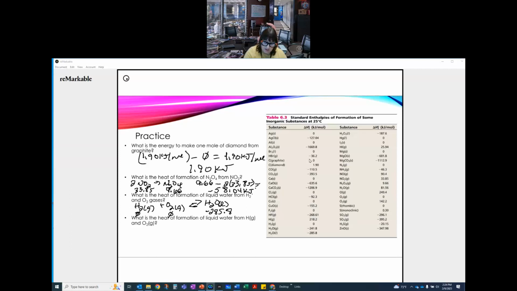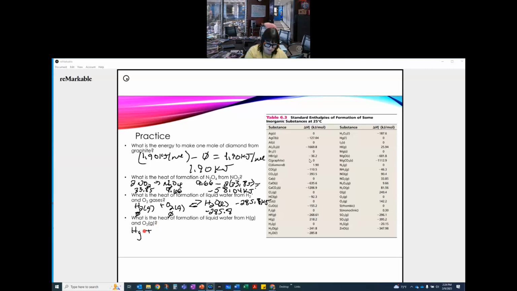Oxygen is 0, hydrogen is 0. So that means, since it's 1 mole, it's negative 285.8 kilojoules. Okay. And of course, that is products minus reactants. Cool, awesome. Let's see here: formation of liquid water from H gas